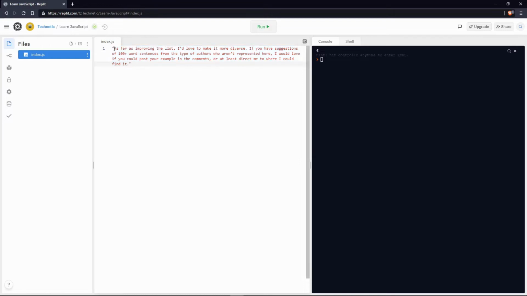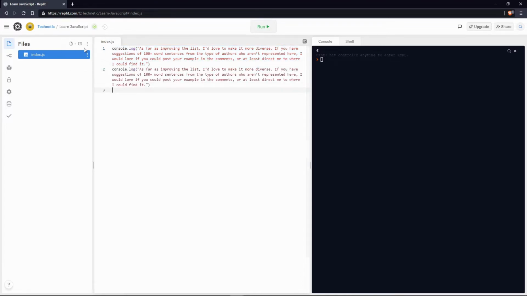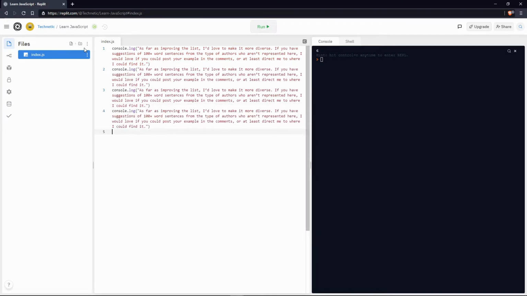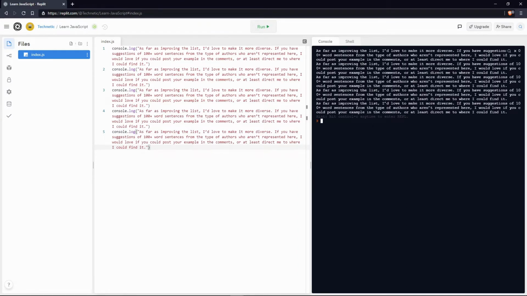What if I wanted to keep console logging this about 5 times? So console.log, and you could just do that, but for 5 times you could just copy and paste, and copy and paste. There. So it works. If we print it, you can see it is successfully able to do it, but in the code it doesn't look that neat and it can be quite confusing. So instead we can give this a variable or an alias just to make it easier for us to refer to. So I can copy this,